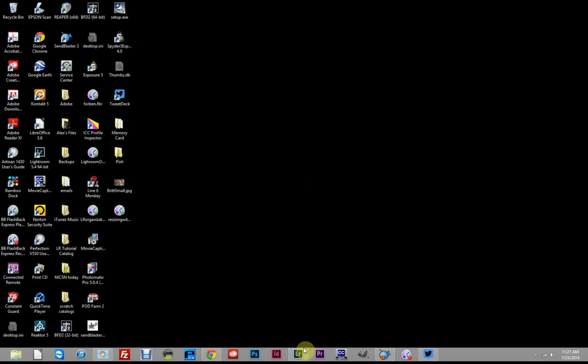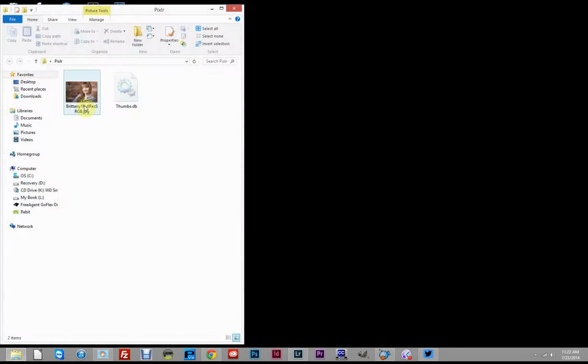So that's pretty much it. I would recommend saving your file, if you resize it, in a different location under a different name, or at least under a different name if you're saving in the same location, because if you resave it under the same name, you're going to replace this file, and obviously we don't want to lose the quality that we have in